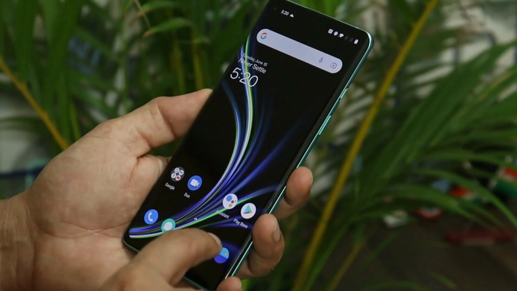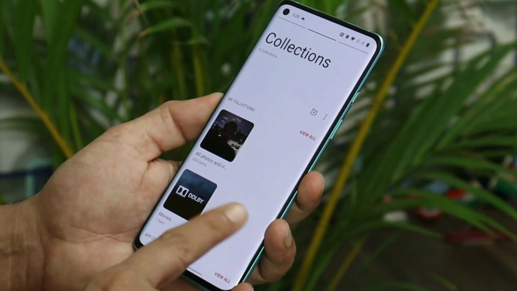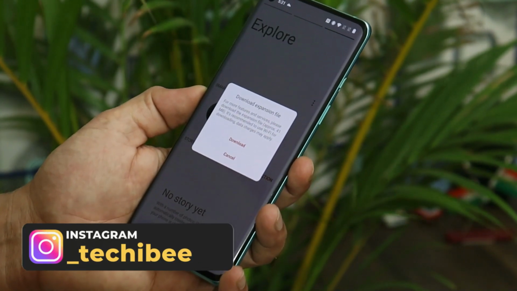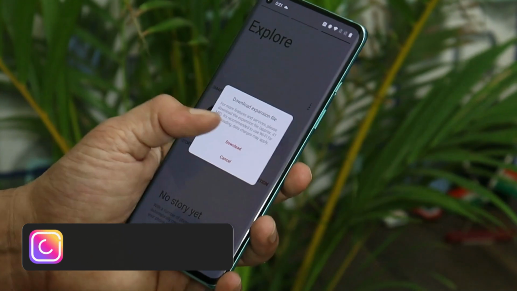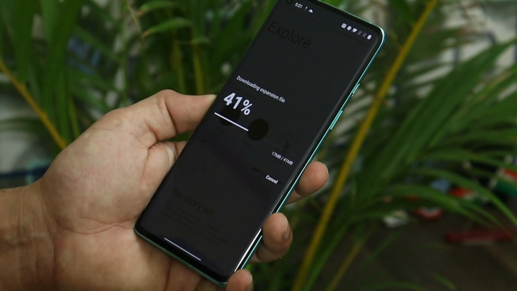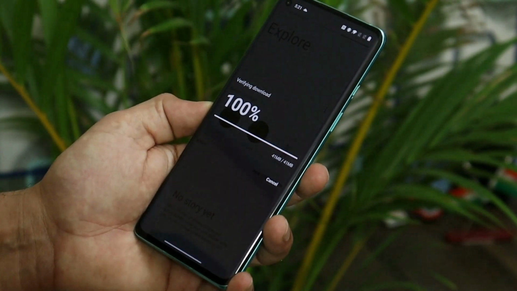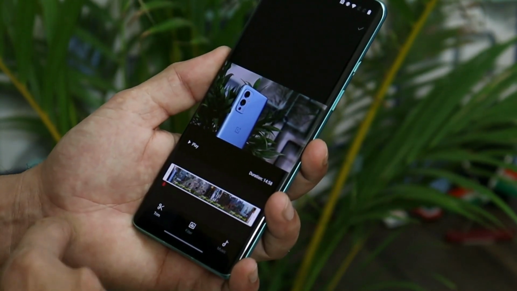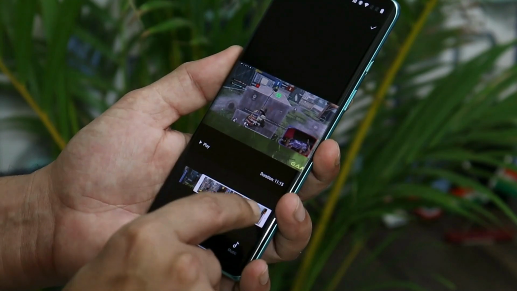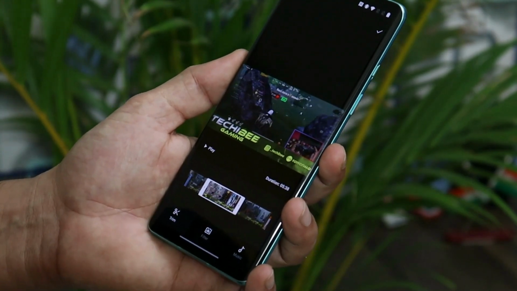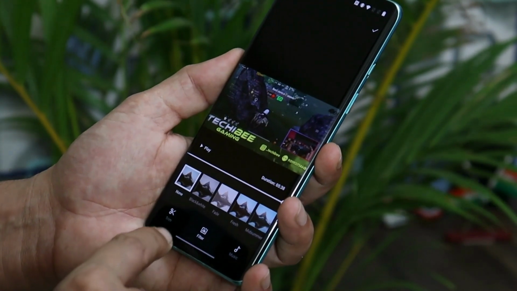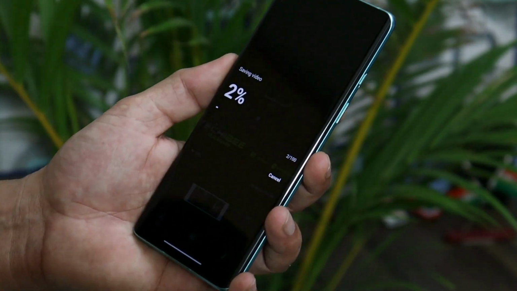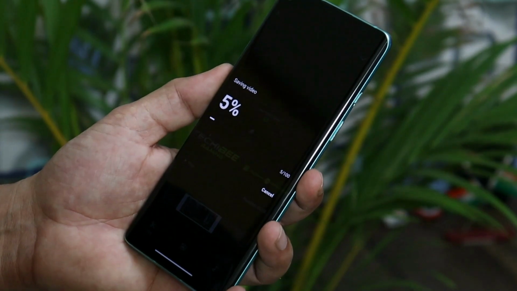After that, they have also done a few improvements related to the video editor. Also guys, make sure to download this expansion file after installing the gallery app. Just tapping on download will automatically download the expansion. If you guys do edit videos using your OnePlus devices, then do let me know what issues you have been facing on the previous update of Gallery, because I never do editing using the OnePlus Gallery application. On this build, I don't find any kind of issues related to editing videos.